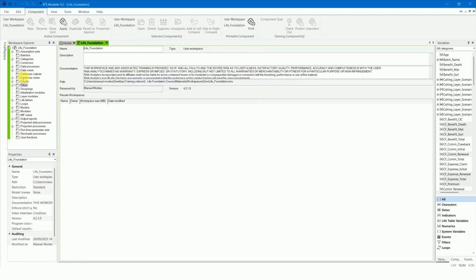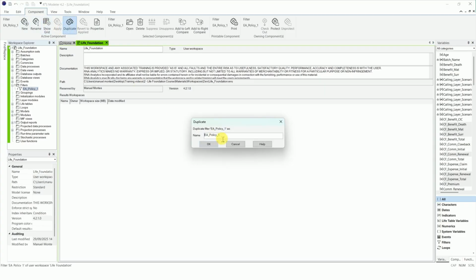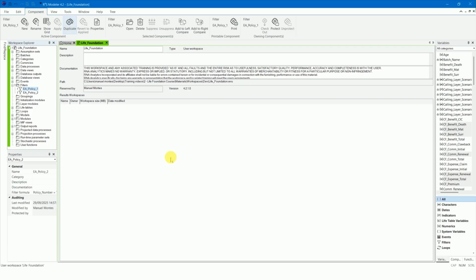Duplicate EA Policy 1 and call it EA Policy 2 to filter the second policy in the data file.